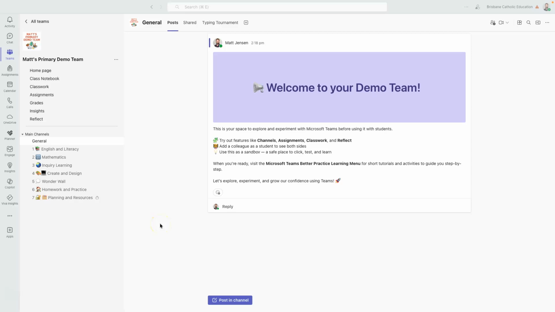In the next part of our Microsoft Teams Better Practice Learning menu, we're going to have a look at channels in Teams, which is a way to organize the content and learning in your team to better help students to locate items. So when we're taking a pedagogy first approach to technology, it's really important to consider the different ways we might interact with students and how we might use something like channels to be able to make that work